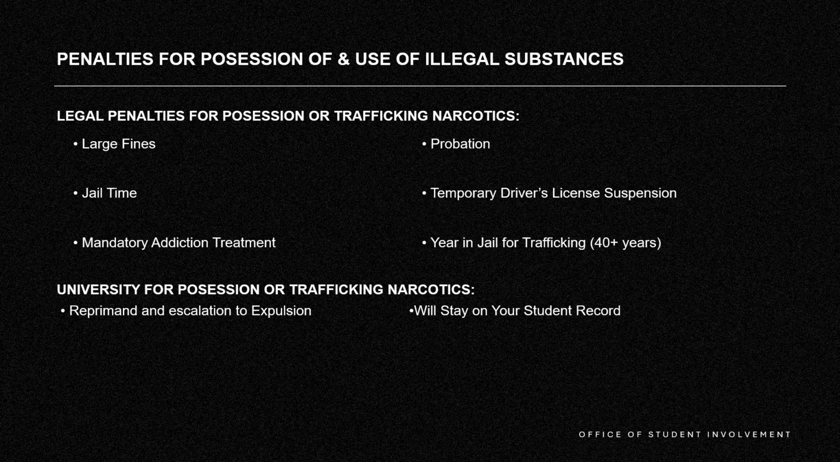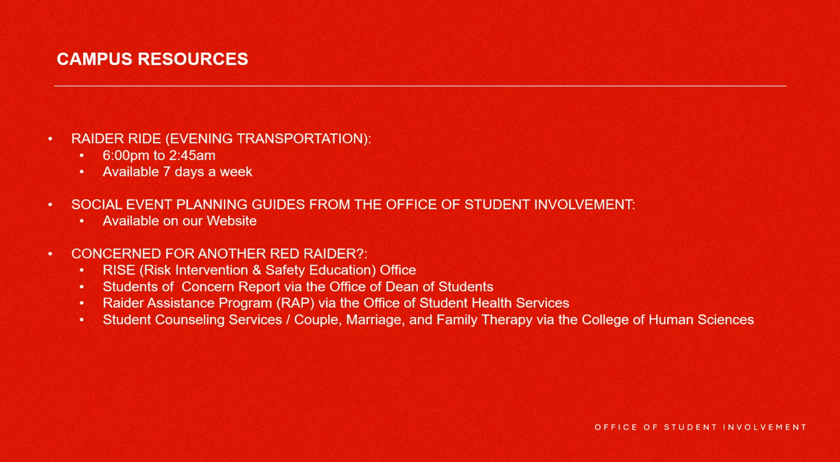In addition to Texas penalties for possession and use of illegal substances, Texas Tech University also has university penalties that range from a reprimand to expulsion, which will stay on your student record. Texas Tech also provides resources to assist students in a time of need. Raider Ride is an evening transportation service provided through Texas Tech Transportation and Parking Services. Students can request a ride through the Tap Ride app or by calling